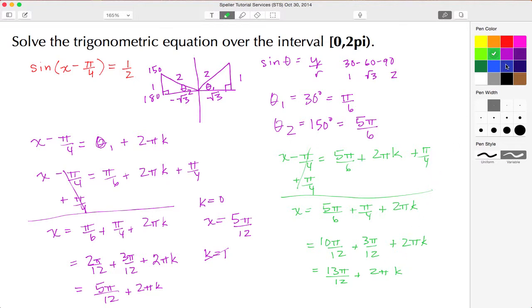And I'm going to do the same thing with doing substitutions for k. I'm going to squeeze that in over here. Let's say k is equal to 0. When k is 0, this term here goes to 0 because anything times 0 is 0. So I say that when k is 0, x is equal to 13 pi over 12. And then when k is 1, this term here is 2 pi, and if I add something to that, again, that puts me outside the interval. So again, I see that 13 pi over 12 is one of my solutions, and 5 pi over 12 is the other solution. Let's go ahead and call up the calculator so that we can verify these analytic results graphically.